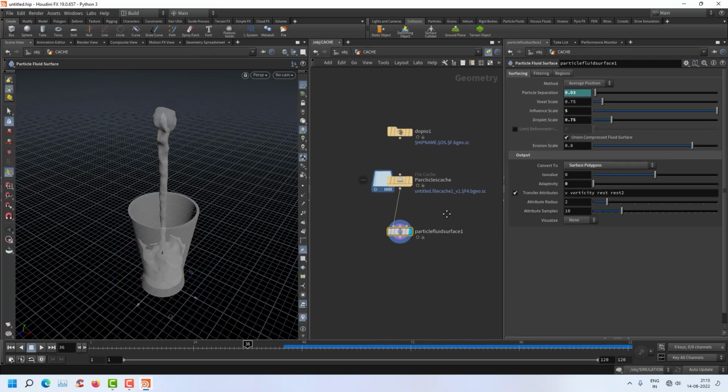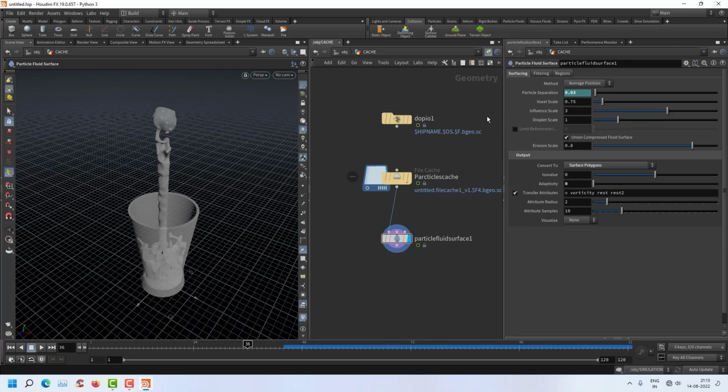Go to catch and make droplet scale to 1 again, so it will be thick, and influence scale to 3 or 4. Now this is okay,